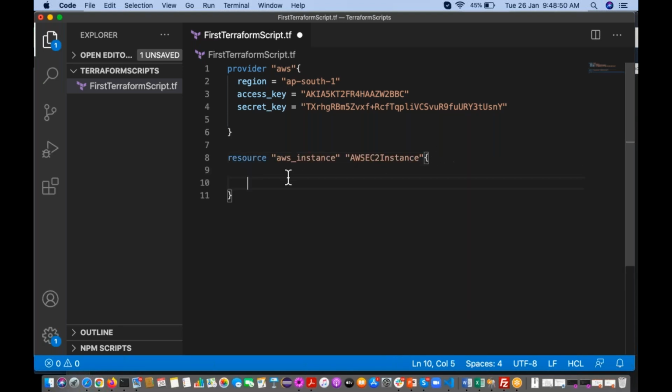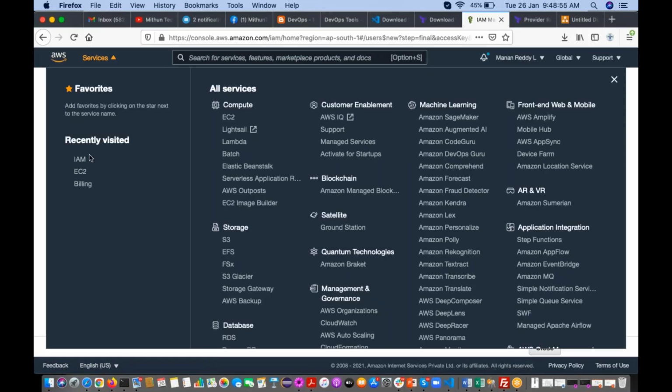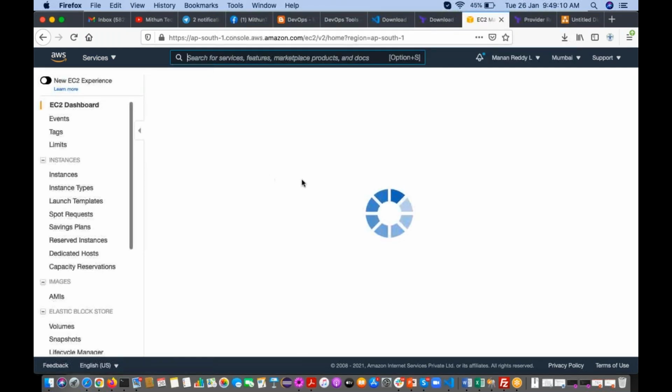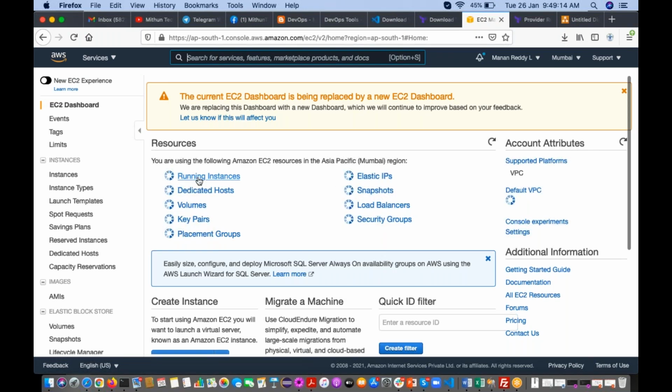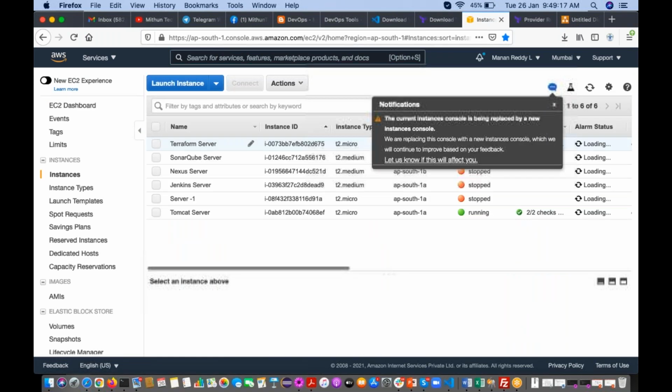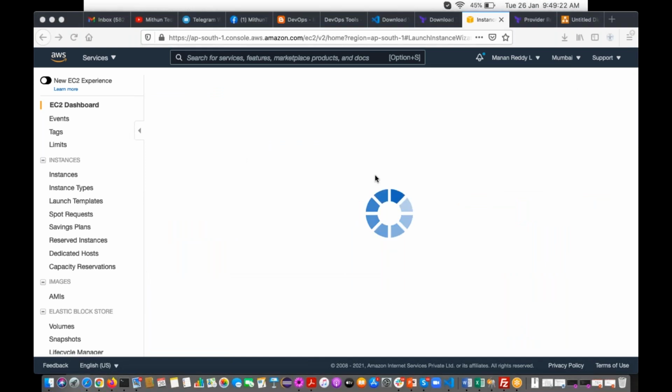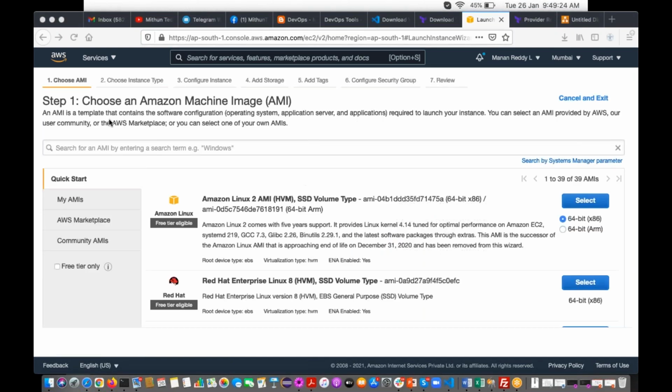Okay, then AMI. When you are creating an EC2 instance, go to the EC2 instances service, and manually when you are creating, we click on launch instance. When you click on launch instance, it is going to ask you to choose an AMI.